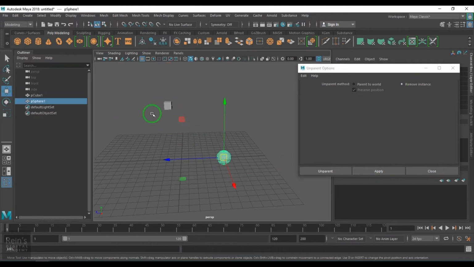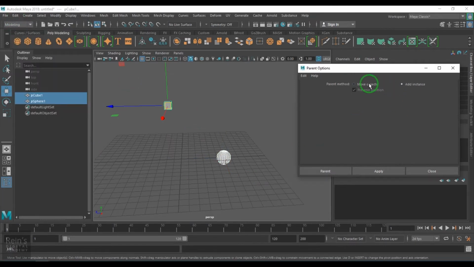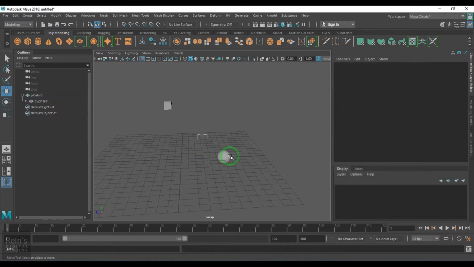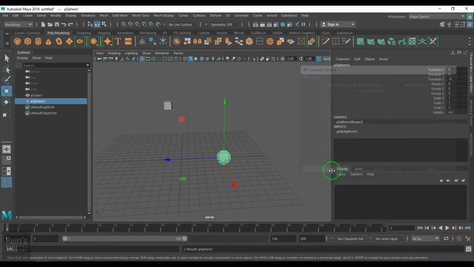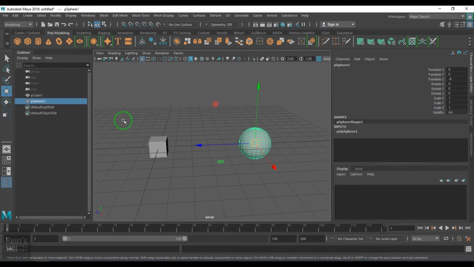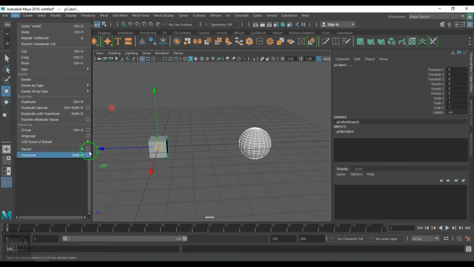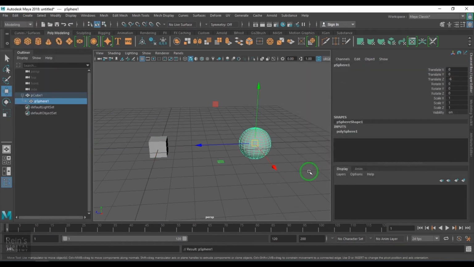If it is a normal parenting, then I need to unparent it with this method here. I just go to the edit and then just do the unparent, which was one of the methods.